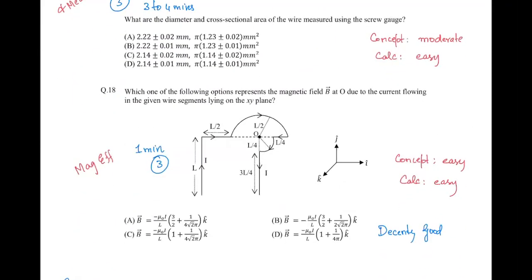18th one is a very easy question, concept wise easy, calculation wise easy. You have to find the magnetic field of a straight current carrying wire and a circular current carrying wire. Direct question this is. So this is about the paper. Now overall,